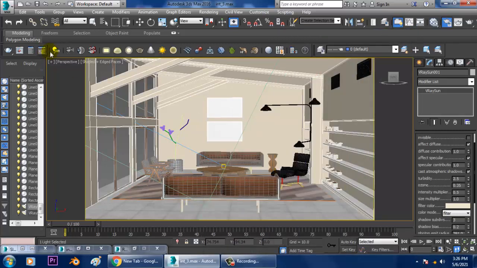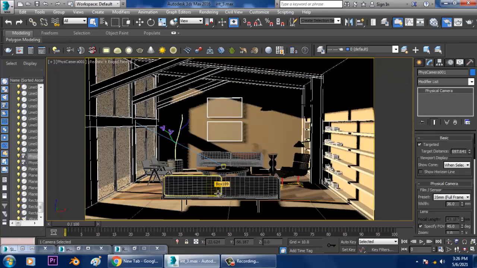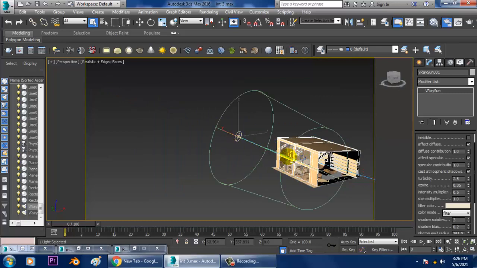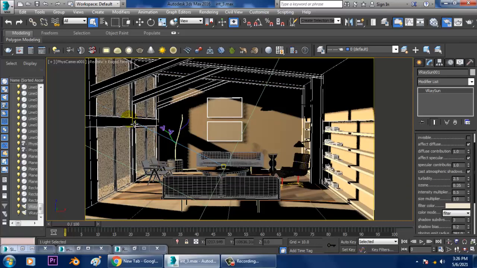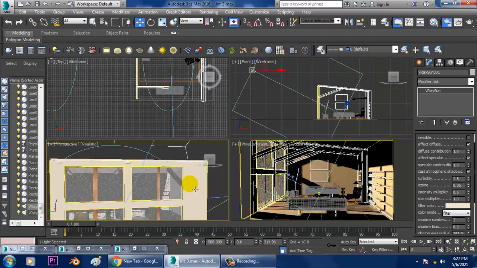And let's see how it looks. I'll set it to realistic. If you press Ctrl C from this view, you will see that my camera is added. Again, I'll go back, press C in the camera view, and make this a perspective view.